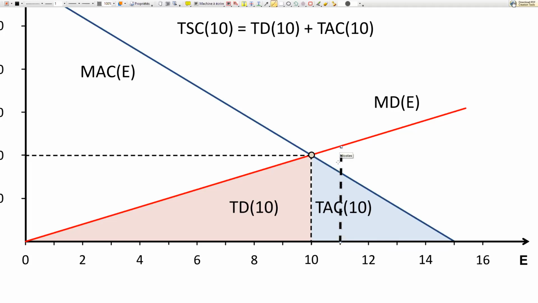So I would have this deadweight loss, which would come from the fact that I'm experiencing more damage from pollution than I would have to pay to reduce it. So it would make sense to reduce this extra pollution. And here the deadweight loss would be this triangle there. And you can imagine I have a similar thing happening on the other side. So here, for instance, if I was at 9,